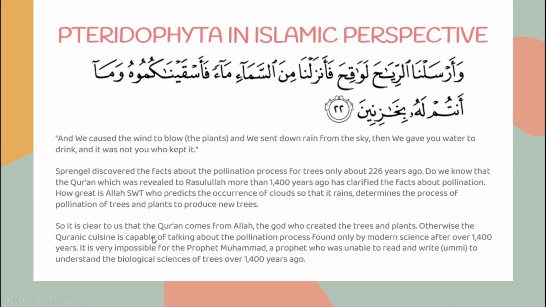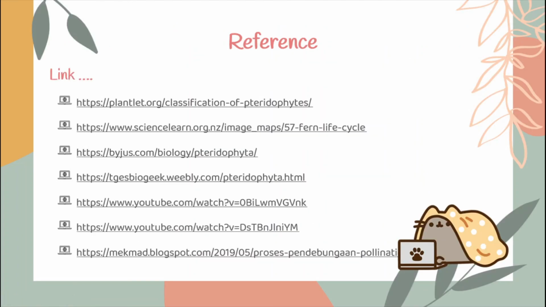So it's clear to us that the Quran comes from Allah, the God who created the trees and plants themselves. There is also a hint here about the pollination of the pteridophytes. Otherwise, how could the Quran talk about the pollination process that was only found by modern science after over 1,400 years? Therefore, as you can see, even the pteridophyte pollination process is already mentioned in the Quran. I'm going to show the reference links here. As you can see, there are a few